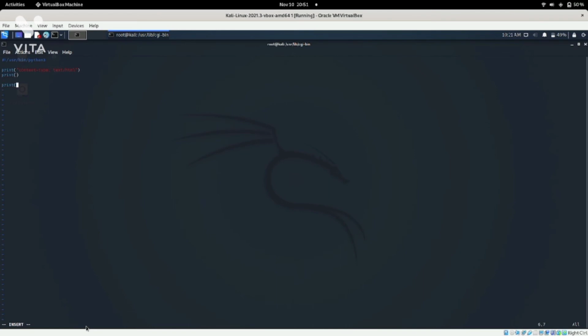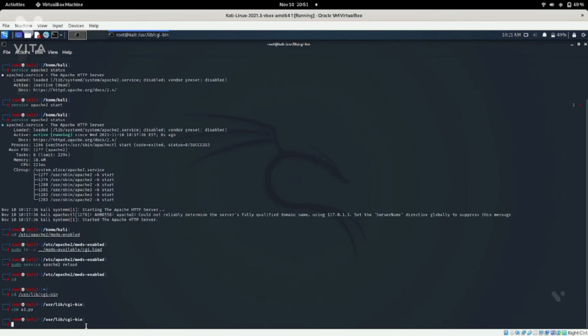Now close it. You print. Here I am writing a line. Okay, I am going to close it and save it by using :wq. After it gets saved, you have to make this file executable.